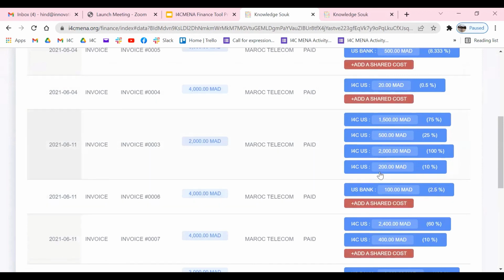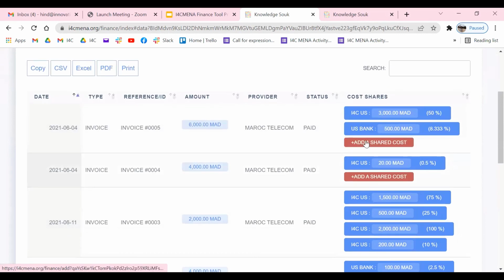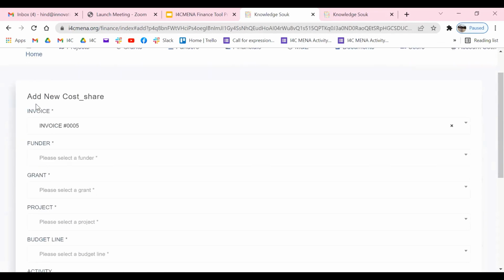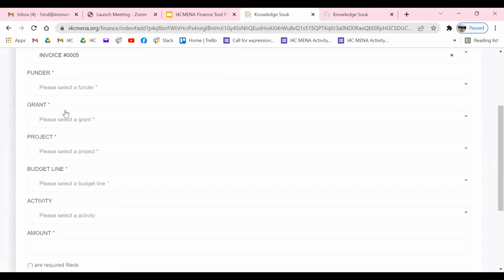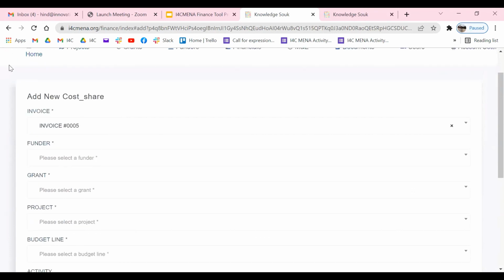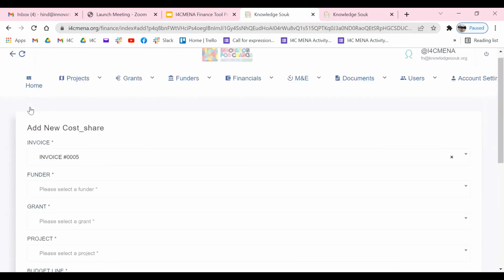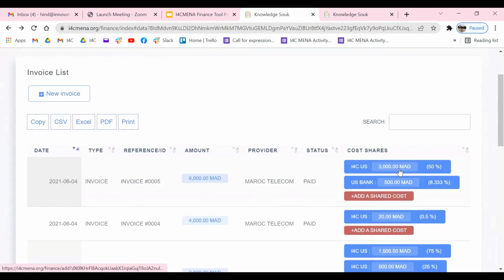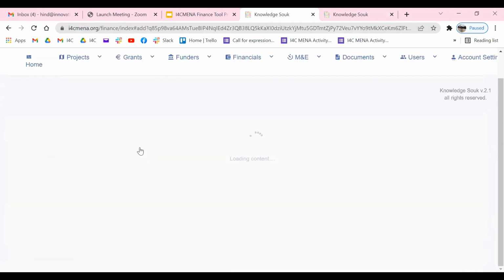For this one, all the amount has been allocated to this project. So we can do an example here. We have, of course, the invoice information. We still have, I don't remember how much, we have here 30,500. Yeah, we still have 2,500 to complete the total amount. So I can just do an example for you.